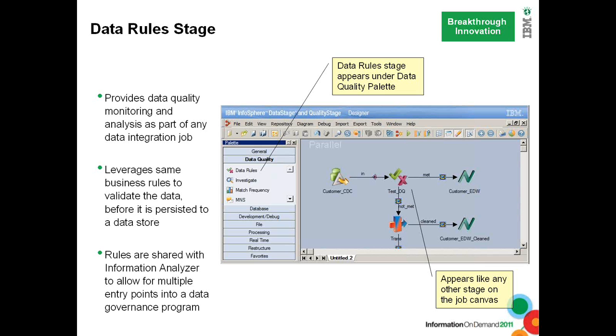It gives you an enriched and enhanced experience if you are a DataStage developer or practitioner. When you're developing a job, you need not design a separate data quality job. Within the same job you can use this new stage, the data rule stage, and use the predefined rules which have already been defined by, in most cases, the business users as well as the DBAs in attendance.